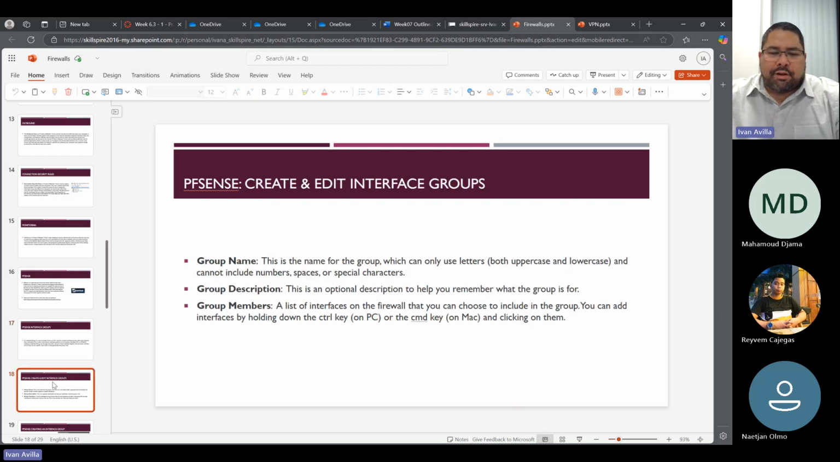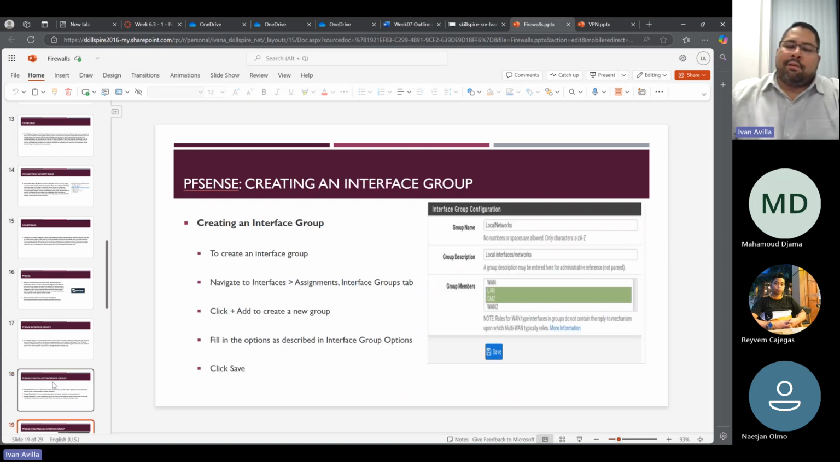And there are some basic steps right here for creating your interface groups or editing them in pfSense. You basically give it a name and description, and then you pick which interfaces are going to belong to those interface groups. Like I said, pfSense has a pretty rich GUI, and here's an example of creating that interface group. In this example, the group name is local networks, and the example of the group members is your LAN,